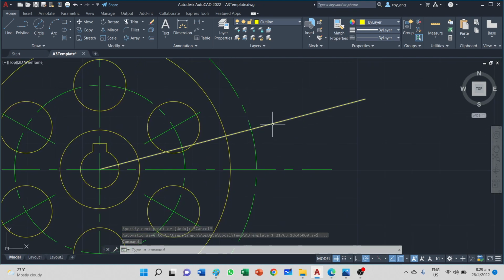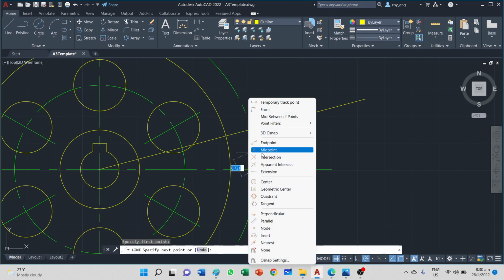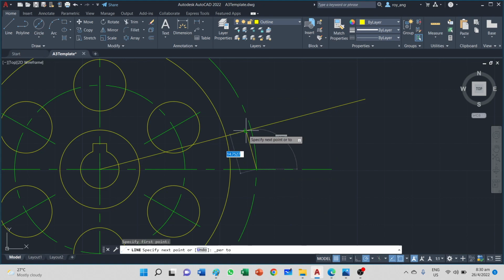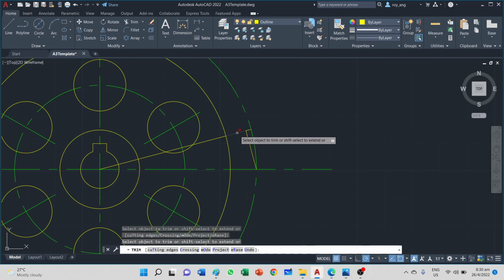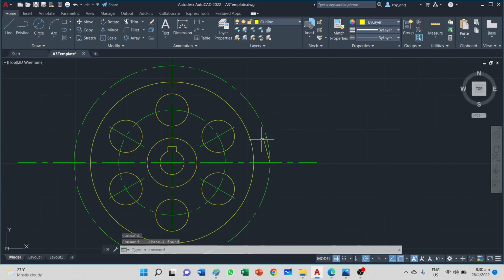We know that there is a 90-degree dimension over here. So what we do is we use the line command and we select the intersection and we click somewhere along this line, 90 degrees. So we need to use the snap function. We press Ctrl right click and we select perpendicular, and this will allow us to snap perpendicular to this line over here. Now once you have that ready, you can trim away the lines that you don't need, which is here. For me, I stop trimming, I just click delete here, and